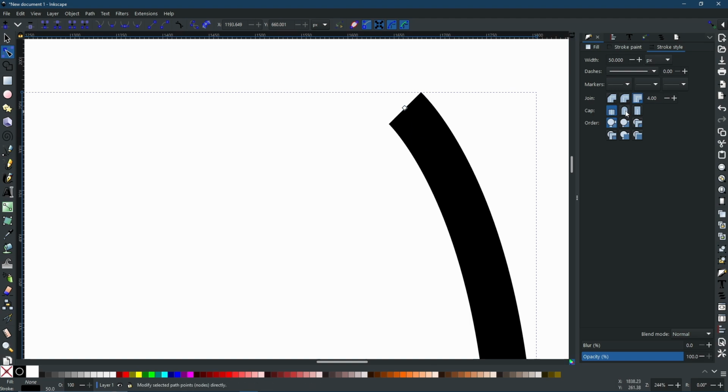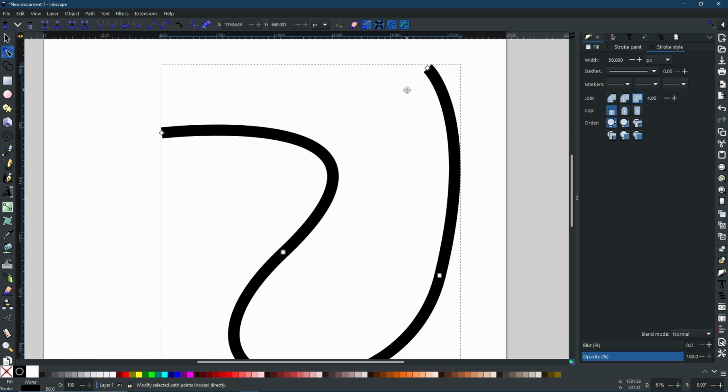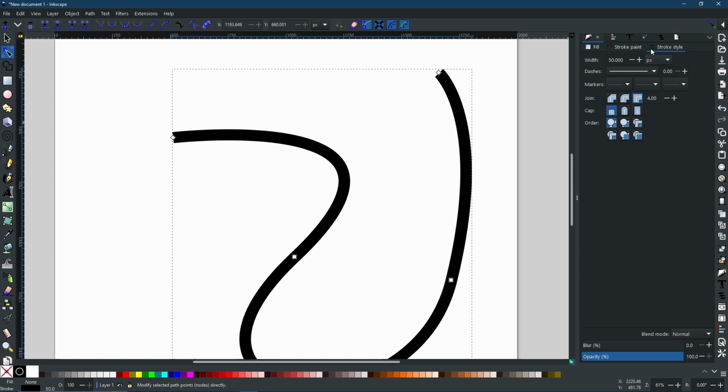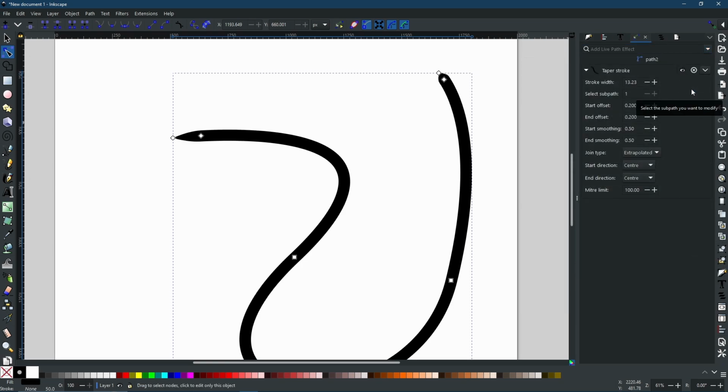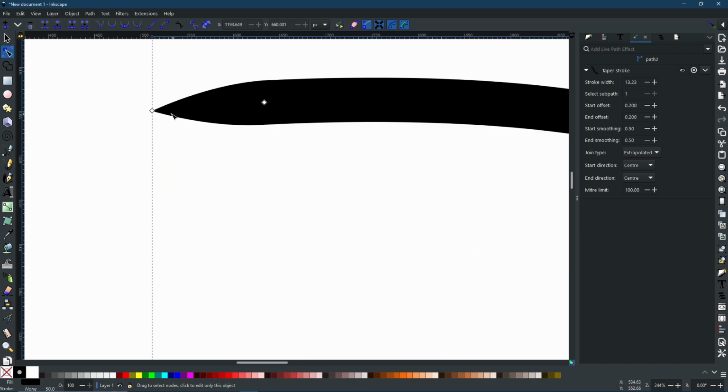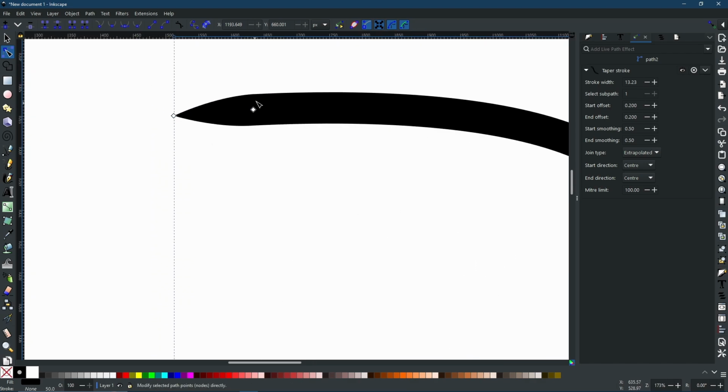And we can even round it if we wanted to, but that's still not giving us the effect that we want. There is no option in order to make it a perfect point. Well, there is. You can use the path effect of taper stroke. Now, as you can see, the taper stroke has only applied to the ends, and 2 new nodes have appeared, one here